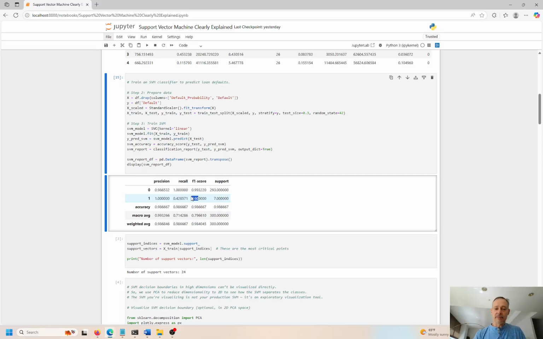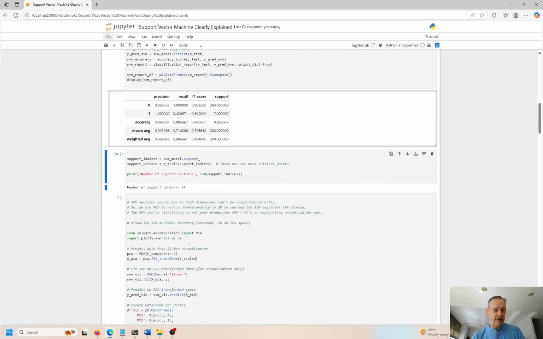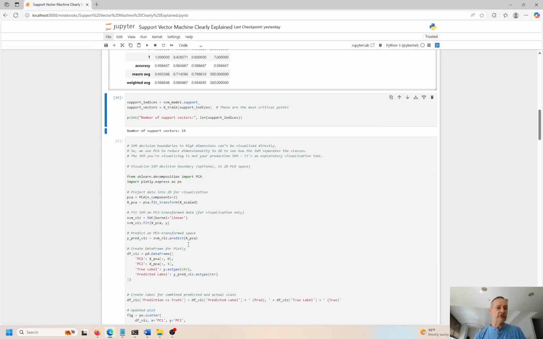It's not perfect, but it's doing a pretty good job of learning, and then we're able to make predictions. So let me refresh this so we know how many vectors we have. We have a total of 24 vectors. Again, we have a big feature space with a lot of columns here, and the support vectors are actually